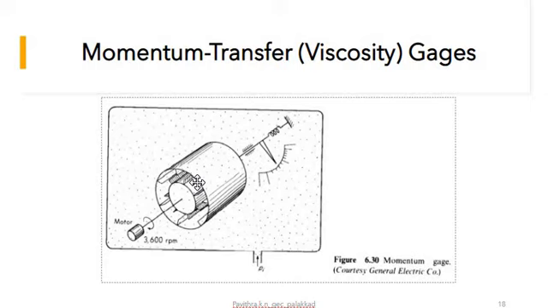So that is the working of these momentum transfer gauges or momentum gauges. By a motor we are rotating this cylinder, and the pressure which is given as an input to the chamber in which we are keeping the system will be proportional to the reading obtained here. So that is the working of this. Next one,